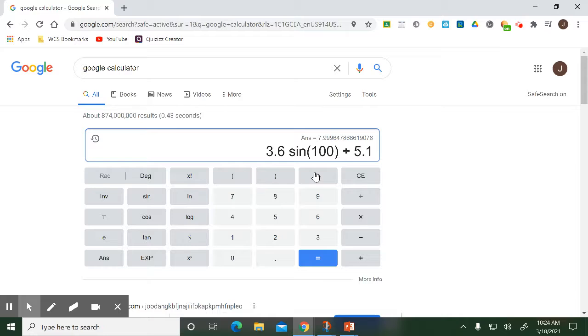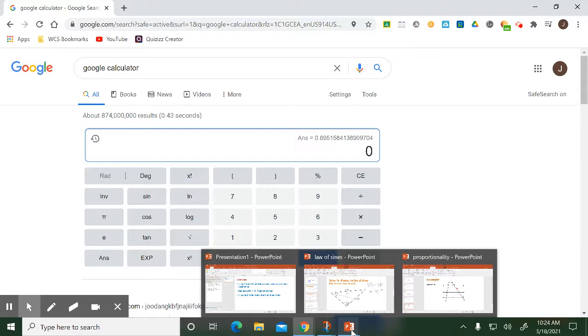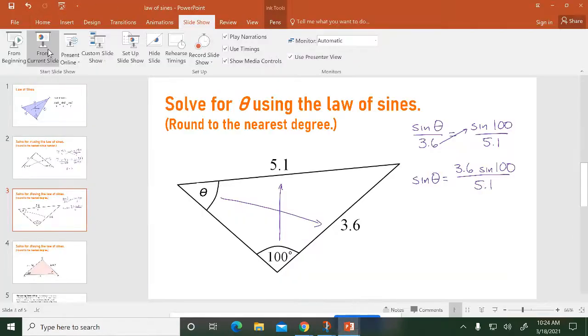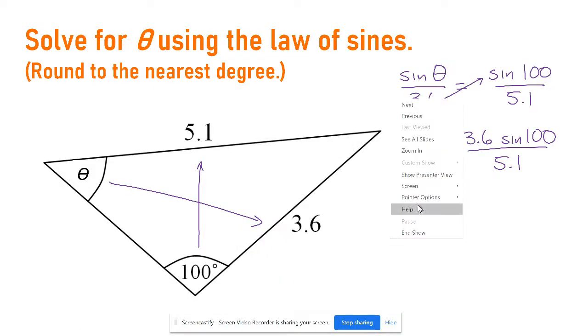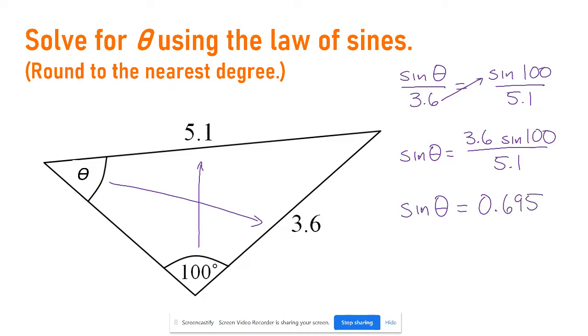We are set in degrees, so we're good there. That is equal to 0.695, etc. I'm going to save that answer. That's up here as my answer. So now I'm going to round that off to 0.695. So we have sine of theta equals 0.695. So that's great. We know what sine of theta is, but we actually want to know what the angle